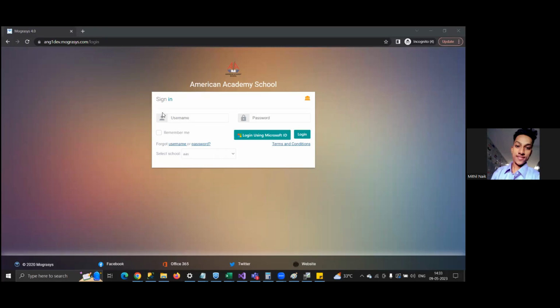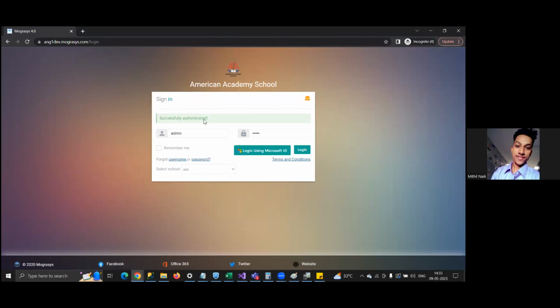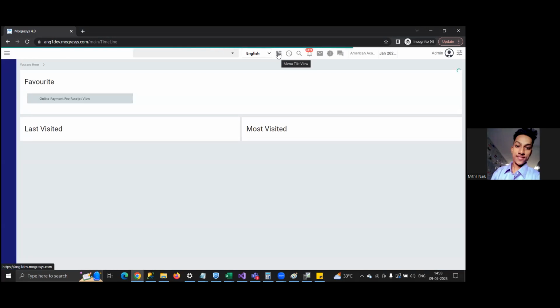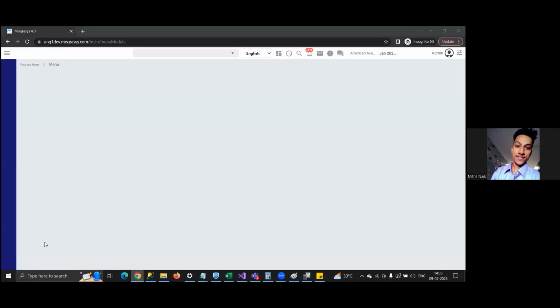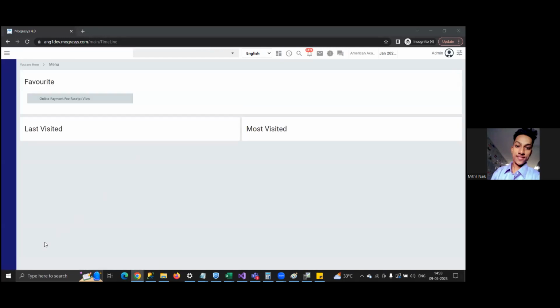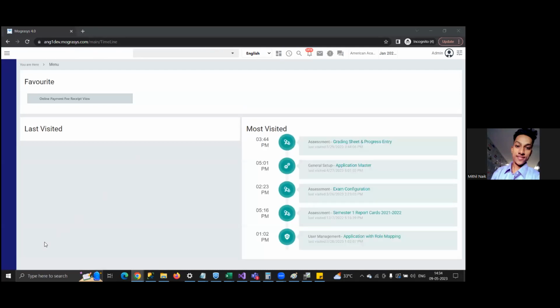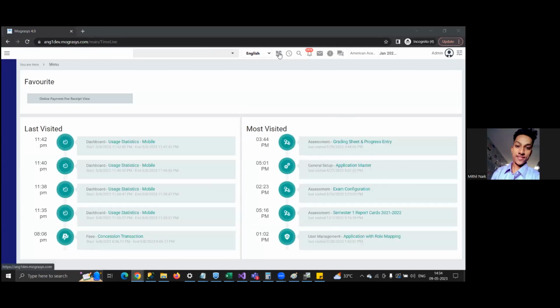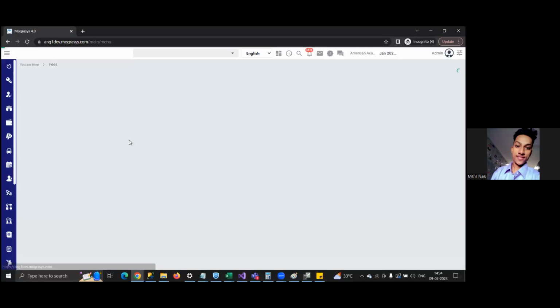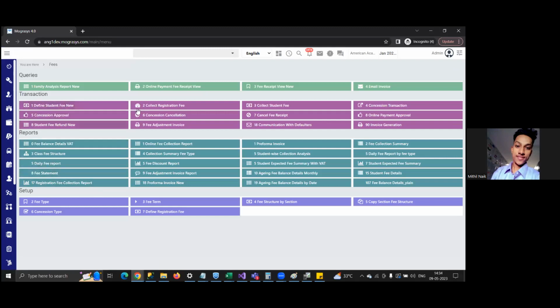This is on the test server we are checking. The fees model. Under fees, we have, let's say,